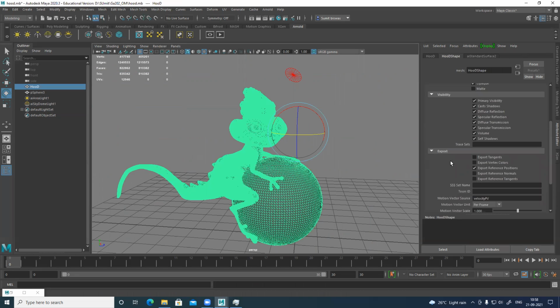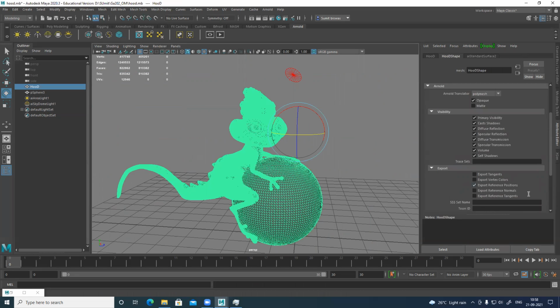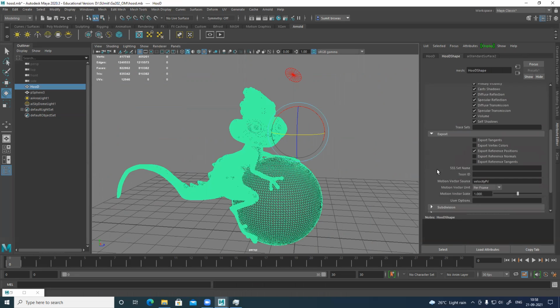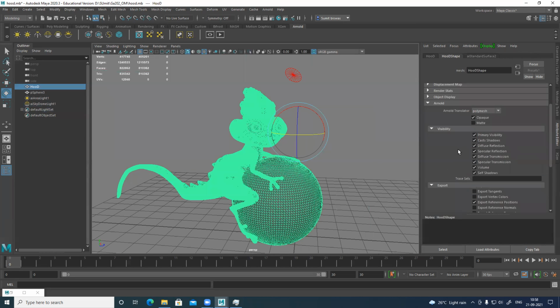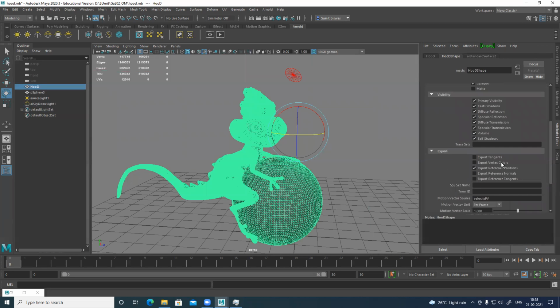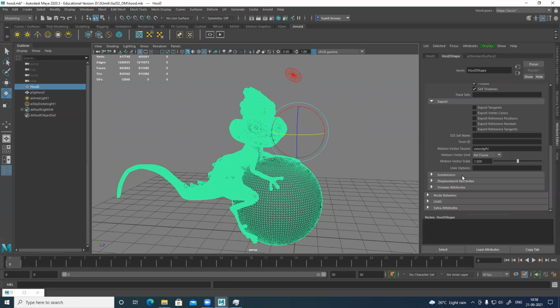One more thing I need to change here that I forgot. Export. Not this one. One option I forgot.